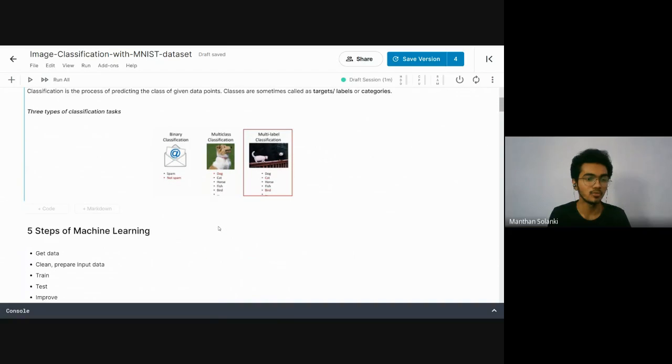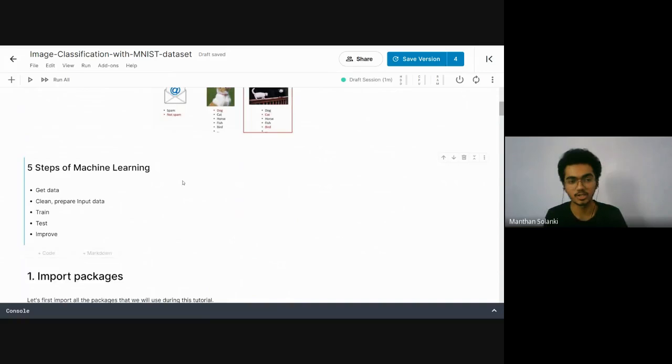Now the five deep learning task steps. First of all, we need to get data from any of the sources. Then we have to prepare our data, which means we first clean it, removing null entries, filling the entries, and handling other columns. This is cleaning our data and preparing it for our model, meaning in which way I will feed this data into our model.